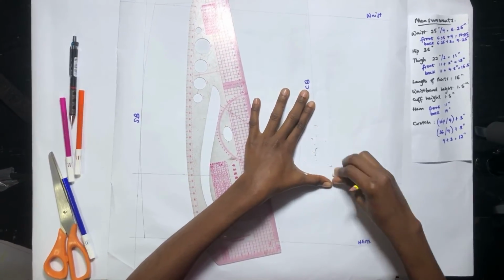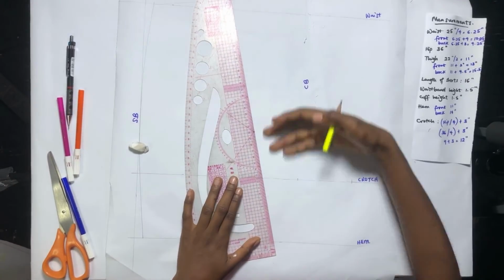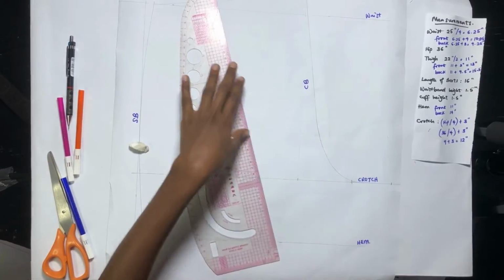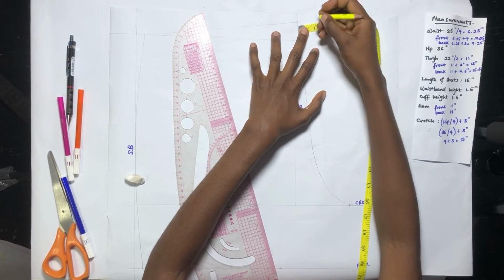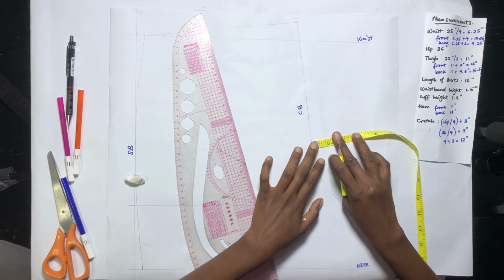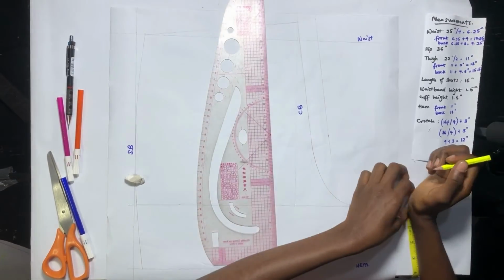So I'm just cleaning this off and I'm going to redraw this line. And there we have the curve of the back. Now remember I mentioned that this short is going to have a zipper at the back, so we have to add the zip allowance. I'll be using a zip allowance of 1 inch and drawing it all the way down,